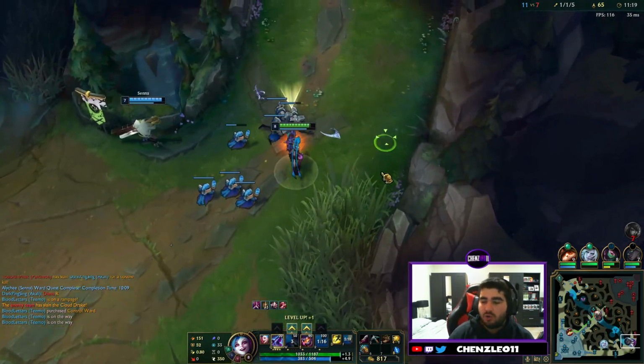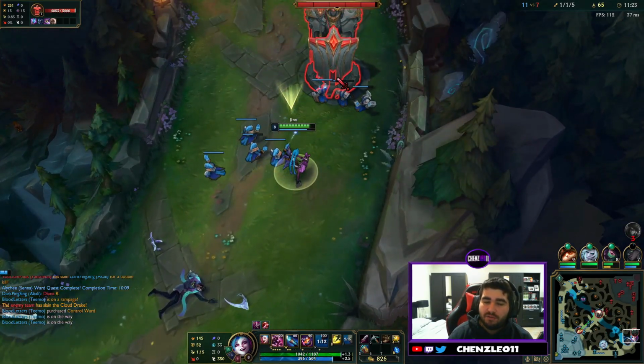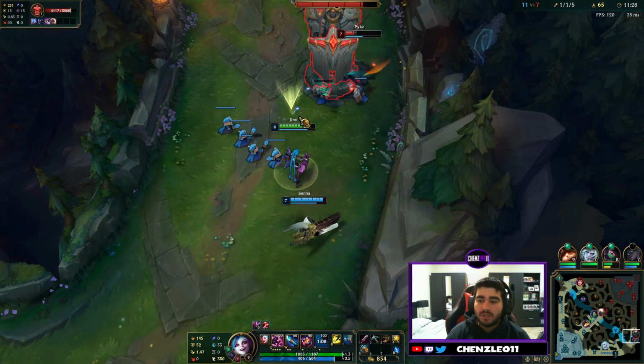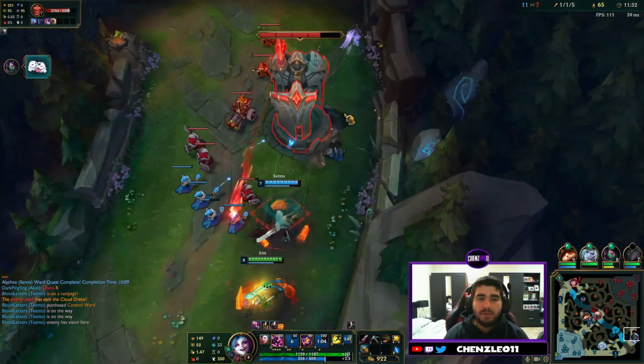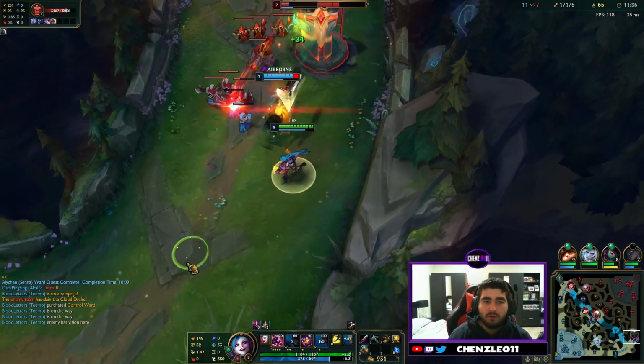So the rocket launcher is called Fishbones. Now, Fishbones costs mana to fire, so be aware of that. Every time you shoot an auto attack, it costs you mana, and your mana can run out really quickly if you're not paying attention. So you need to keep an eye on your mana bar when you're using your rocket launcher